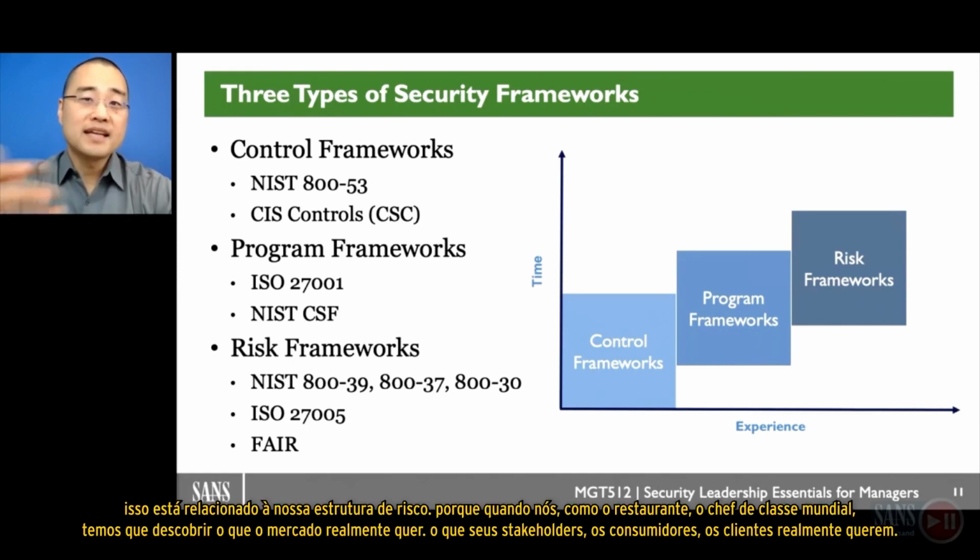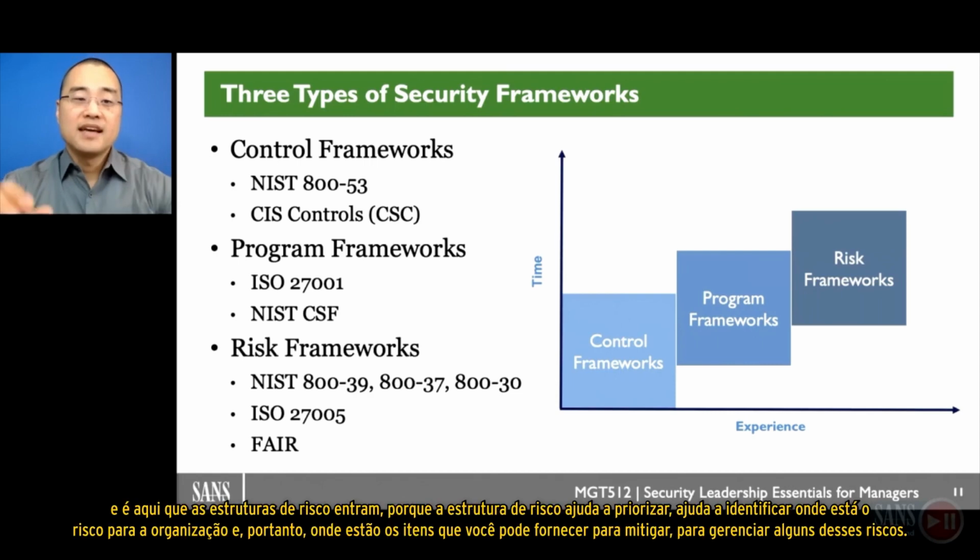Because, well, we as the restaurateur, the world-class chef, we've got to figure out, well, what is it that the market actually wants? What is it that your stakeholders, your consumers, your diners actually want? And this is where the risk frameworks come in, because the risk framework helps you prioritize, helps you identify where is risk for the organization, and therefore, what are things that you can provide to mitigate, to manage